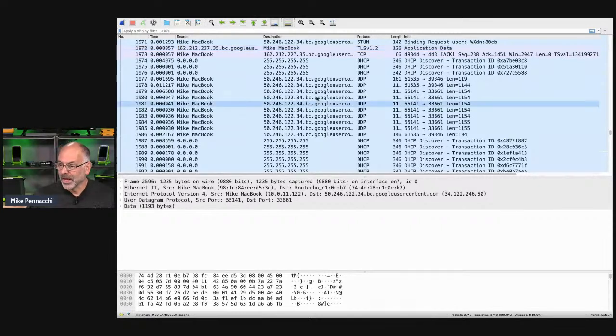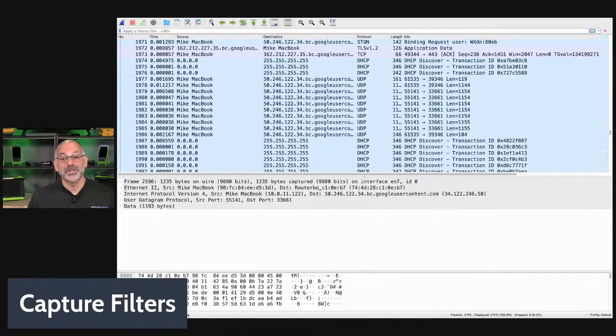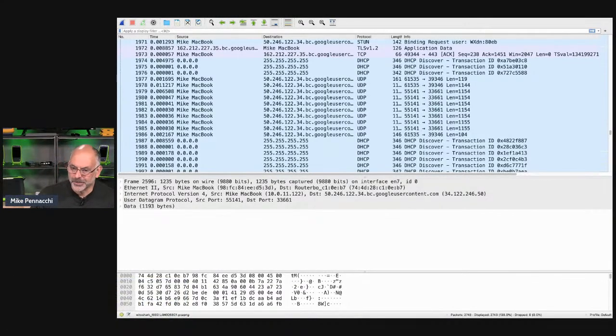So we can see exactly what we're looking for. Now, the next piece is I want to come in and start setting up some capture filters. Now, I know you want to capture everything. You want to capture it all, and it's really not a bad idea, because if you don't capture everything, there may be some things you miss. But sometimes there's a bunch of traffic going on in the background and we don't care about that traffic, or we're concerned about a particular port. So in that case, we can set up a capture filter.